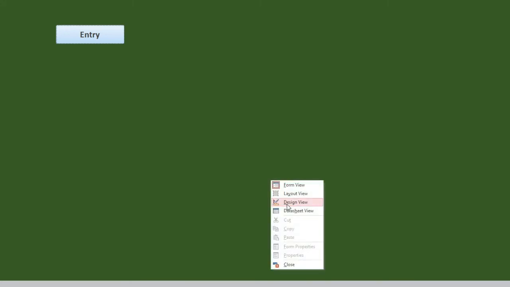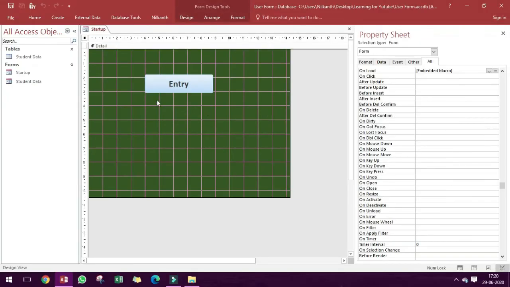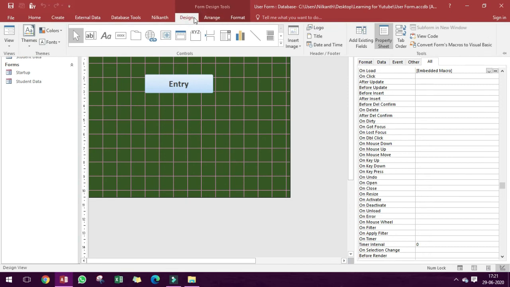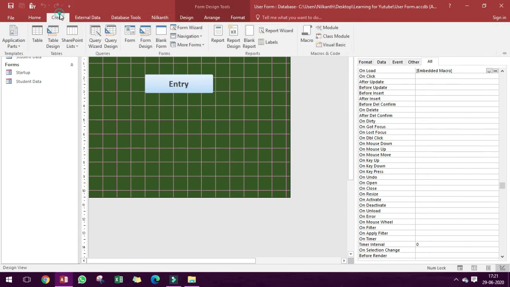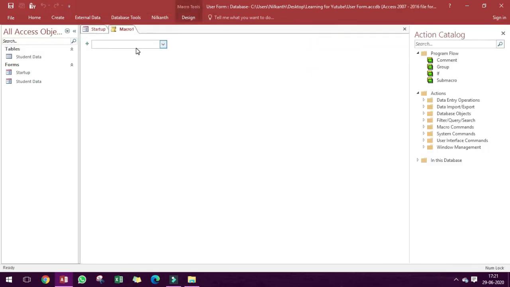Go to the design view again. Now we will set up an autoexec macro that will start this screen directly whenever we click on the icon of this user form. For that, we will create a macro. Here in this macro, we are not to do too much work.